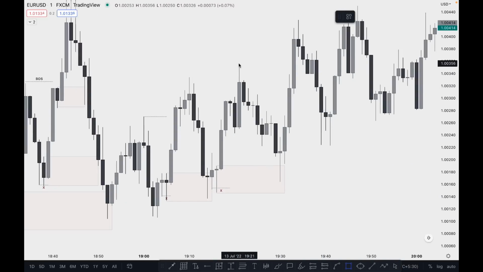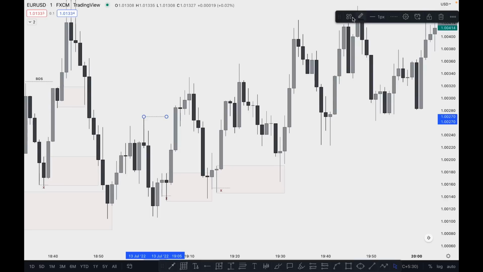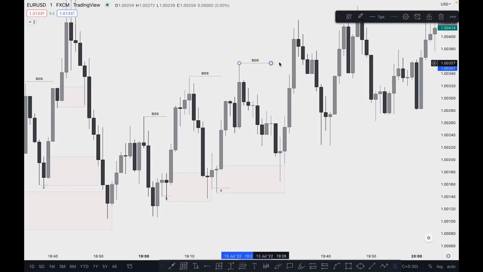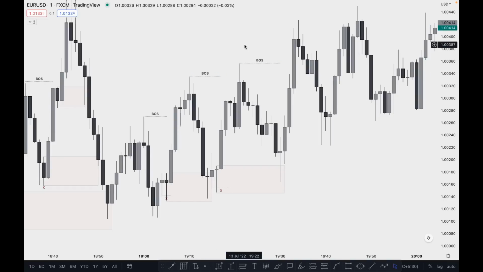And the same thing applies here. At this point, market again breaks the structure. I'm just showing you exactly how order blocks actually work and how we can identify the correct order block. I'm not talking about the structure or the entry types, okay? So you can see at this point this order block also works. Why? Because it has a proper imbalance, and this one also took out the previous low here, correct? So that's why this order block is a high probability order block. Market gave a reaction and pushed higher,